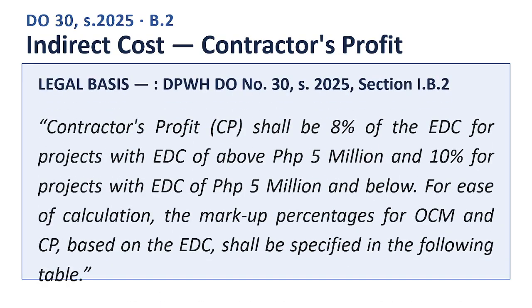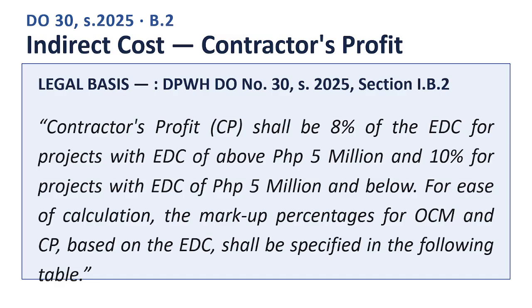Indirect cost, contractor's profit. Here is the legal basis, quoting directly from DPWH Department Order No. 30, Series 2025, Section IB2. Quote. Contractor's profit, CP, shall be 8% of the EDC for projects with EDC of above Philippine pesos 5 million and 10% for projects with EDC of Philippine pesos 5 million and below. For ease of calculation, the markup percentages for OCM and CP, based on the EDC, shall be specified in the following table. End quote. The table you are about to hear is one of the most frequently used references in